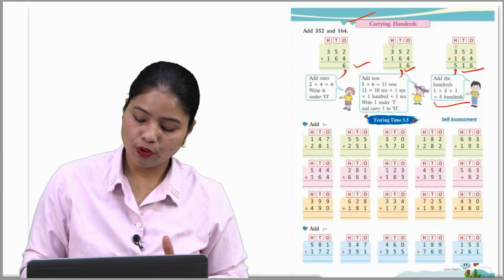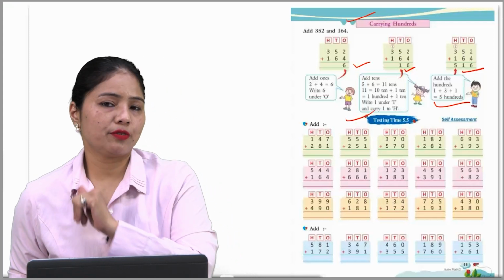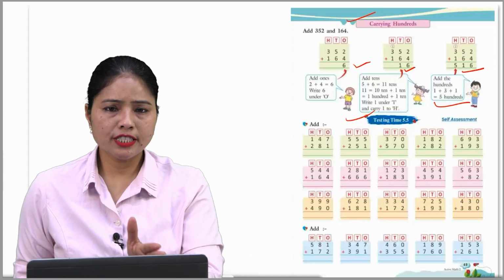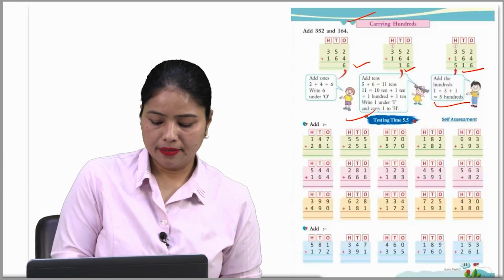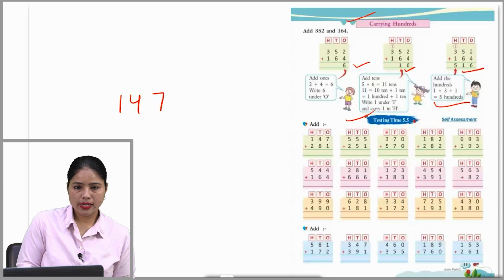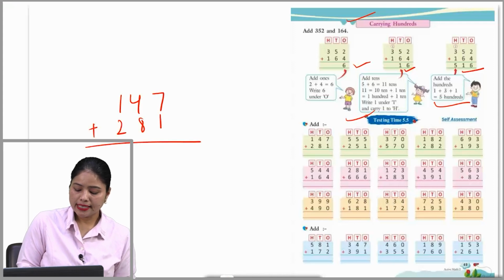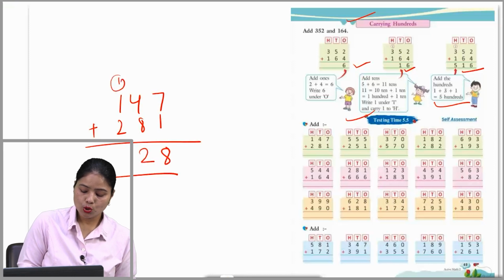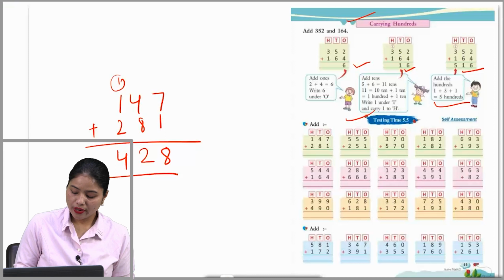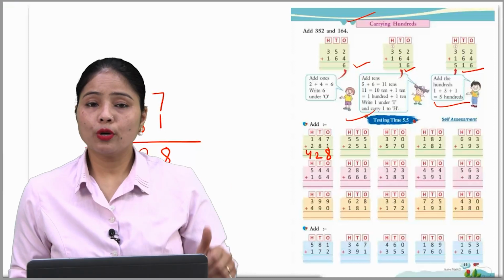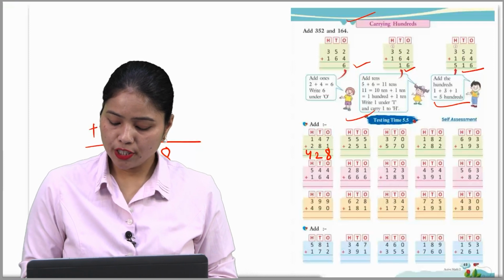So now beta move on next, which is texting time 5.5. 147 plus 281. 147 and 281. Start with ones place. 7 और 1, 8. 8 और 4, 12 का 2. Carry 1, 2 3 and 4. So write it 428 like that. Okay, I hope you understood well. So do the next one yourselves.